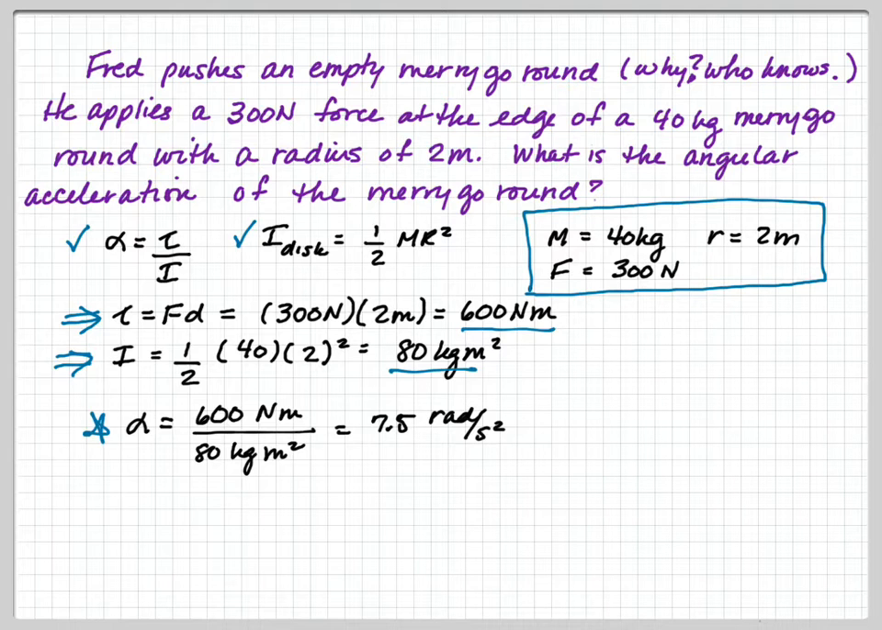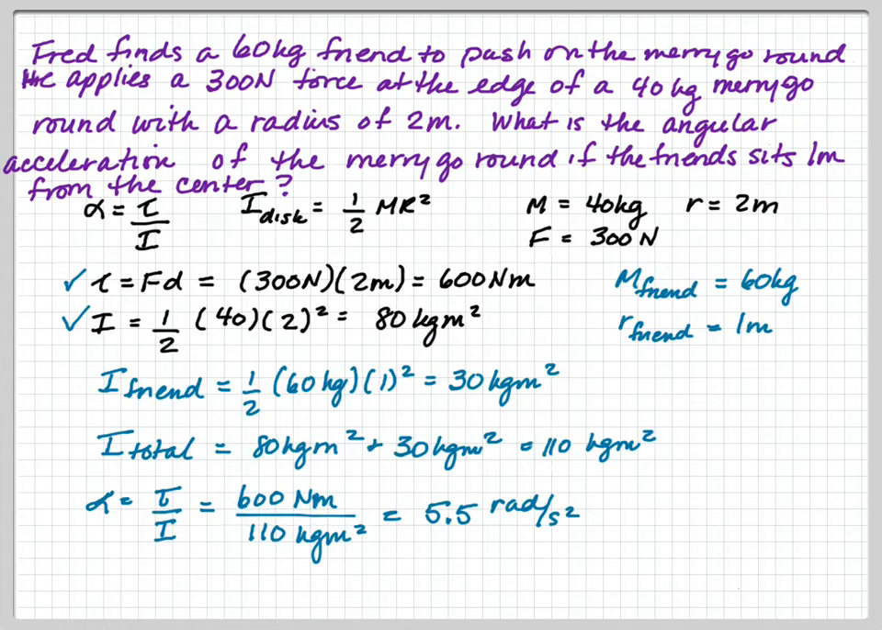So where it becomes a little bit more meaningful is if we look at what happens if you add some more mass to the merry-go-round. So we're going to put a 60 kilogram friend on that same merry-go-round. We're going to use the same force as before, and we're going to have the same equations, but this time